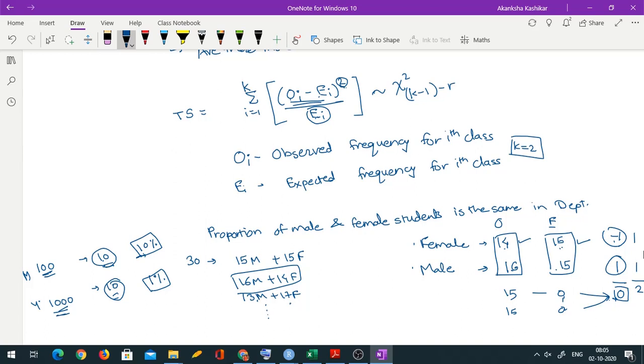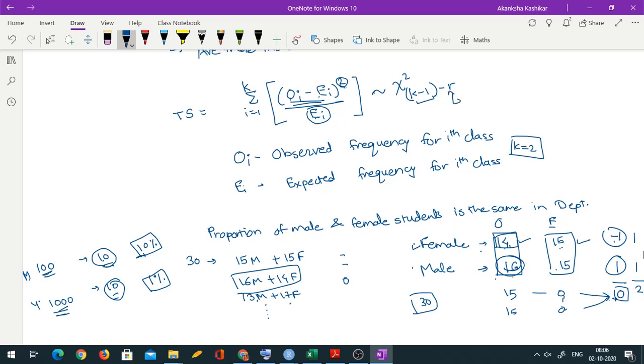What is k minus 1? K is the number of groups. So you make it k minus 1 because we know the addition is going to be fixed always. So for example, here we knew that my class consists of 30 people. So as soon as I know how many females, how many males is automatically fixed. I can't change it. So I have the freedom to choose only one reading. The other automatically gets fixed. Hence k minus 1, because if you had 3 classes, you can fix 2 and the third one automatically gets fixed.